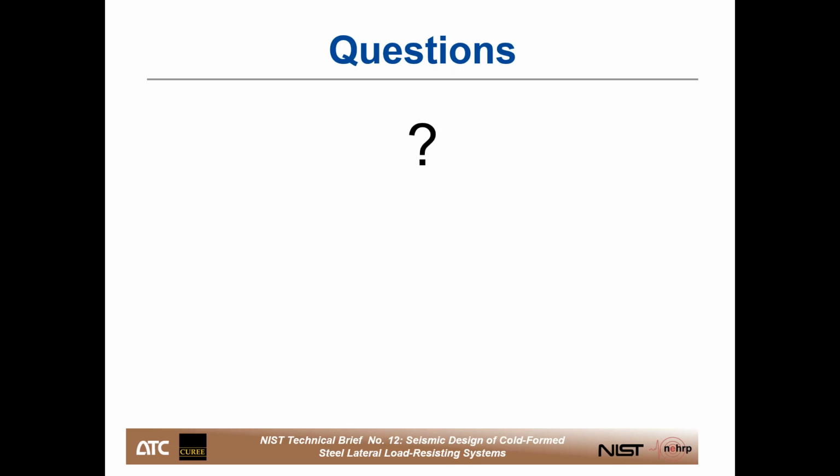Okay, I think this is the last question we have time for. Why are hold downs excluded from the energy dissipating components and the need to look at them as capacity-based components? Why is it different than wood frame shear walls? Well, I can't really speak to wood frame shear walls and why they might consider them to be part of the energy dissipation. The reason that in cold form steel they are not considered part of the energy dissipating mechanism